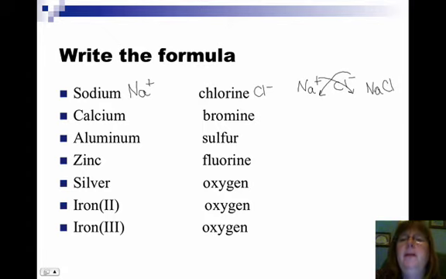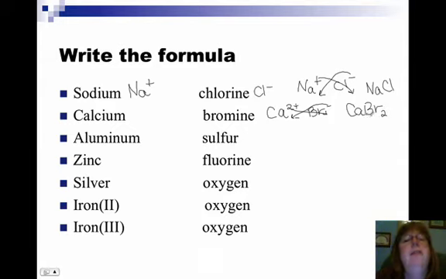NaCl. The positives and the negatives are equal. Sodium chloride. Okay, calcium. It's an alkaline earth, +2. Bromine, halogen, -1. Let's do the crossover. 2 bromines, don't worry about the positive, for every 1 calcium. Don't worry about the negative. It's a 1-to-2 ratio. So it would be